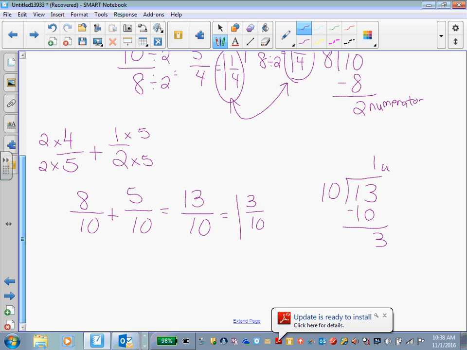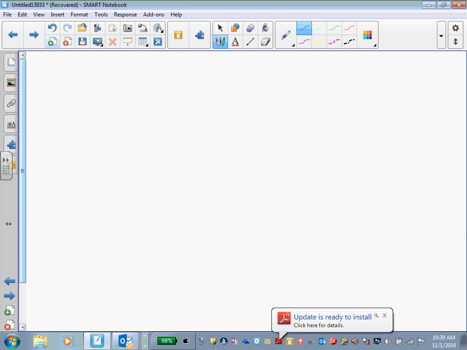So this 1 is your whole number. The 3 is your numerator. And the denominator stays the same. Kiara: The question was, whenever you have an improper fraction, is the whole always going to be a 1? Not necessarily. I can have